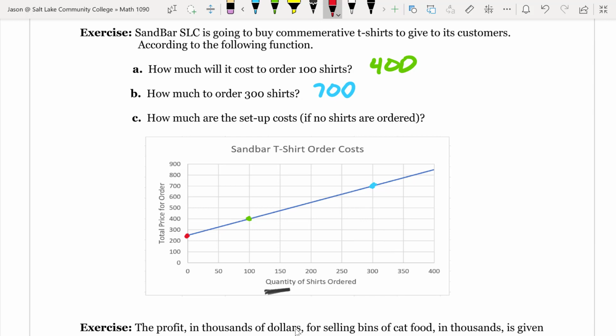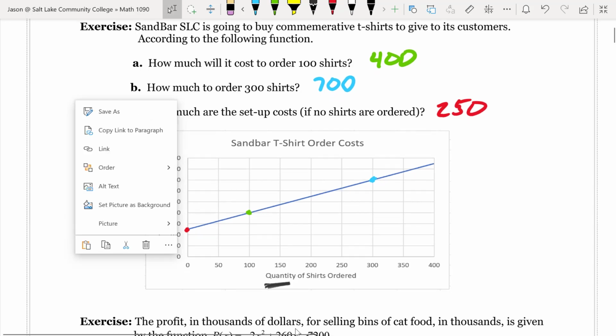Looks like 250 to me. Okay, so it's going to cost $250 just for the setup to print the shirts. Yeah, a setup cost. Sometimes it costs money just to set up the silk screening or whatever process you're using